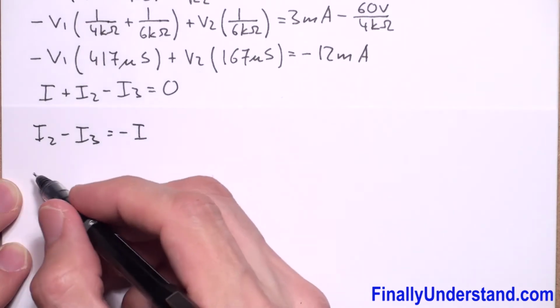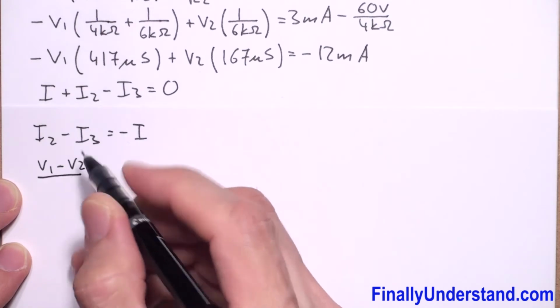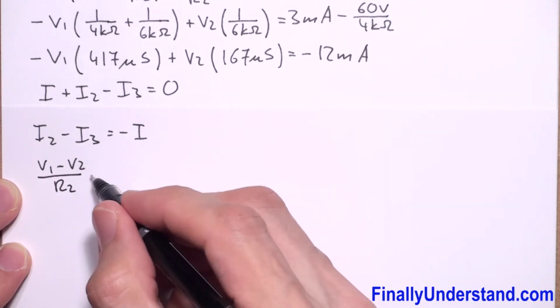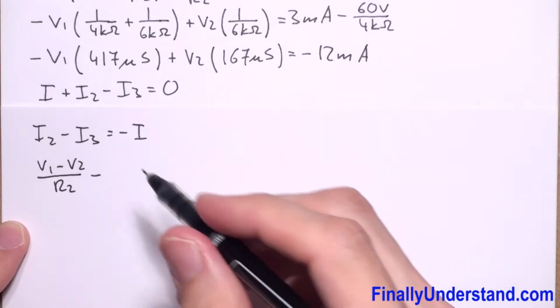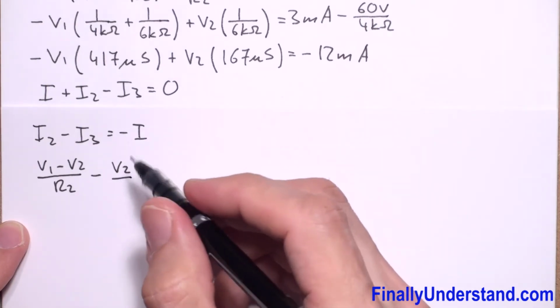So I have V1 minus V2 over R2 minus I3, which is V2 over